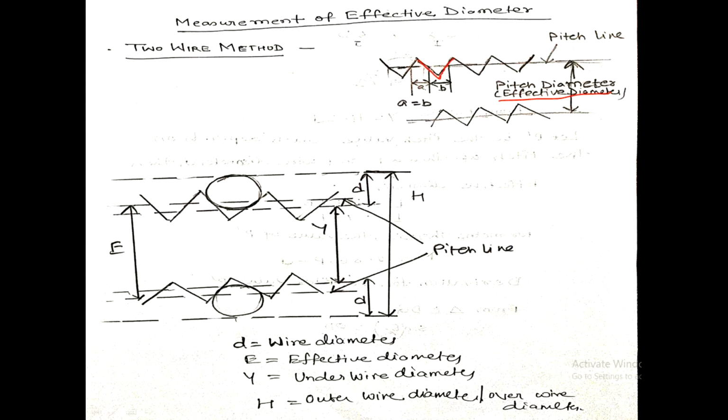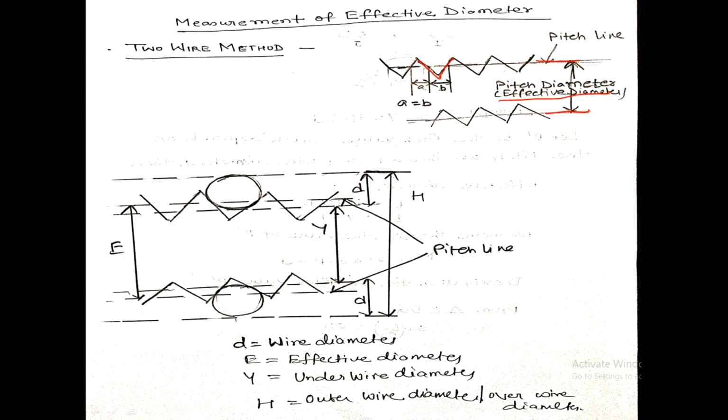The topmost part of the helical groove is called the crest and the bottom part is called the root. The connecting part is called the flank. Generally we draw a line that is the mid of the flank and we consider that line as a pitch line, and the distance between these two pitch lines is our pitch diameter. But this is not the actual condition.